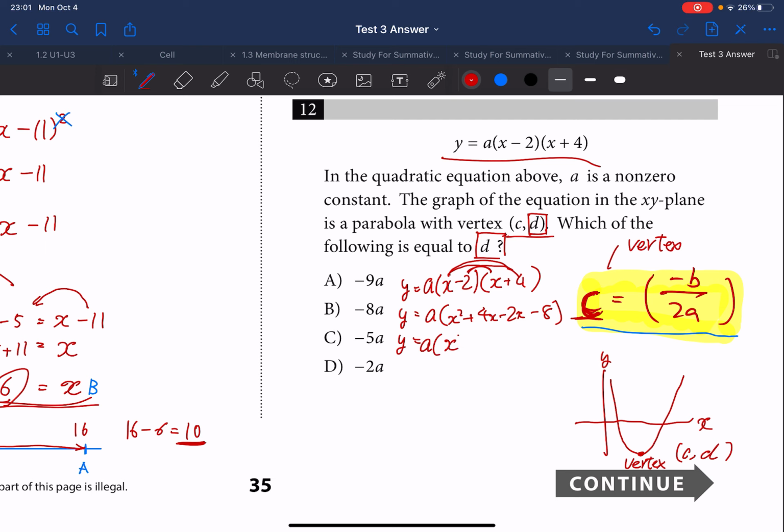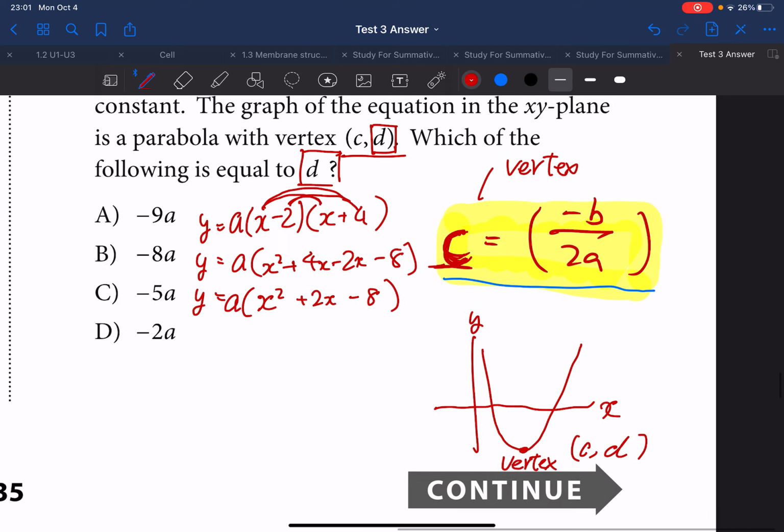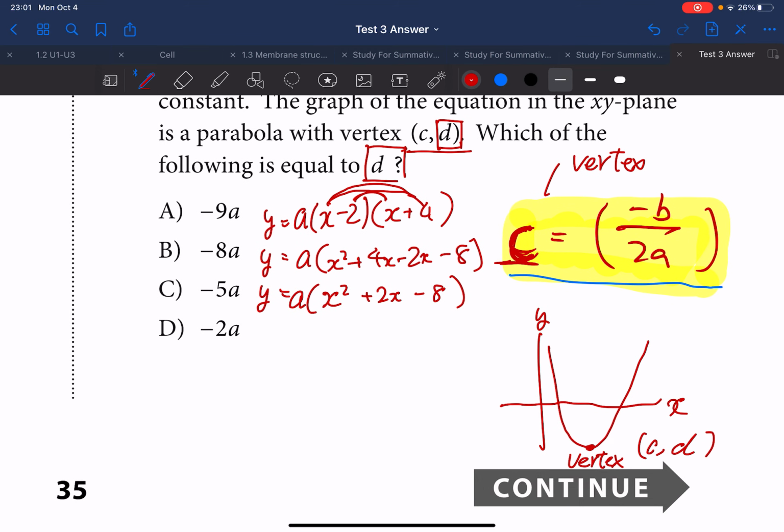Then we have x squared plus 2x minus 8, right? Now, once you make this kind of equation, we will be using the vertex formula in order to find